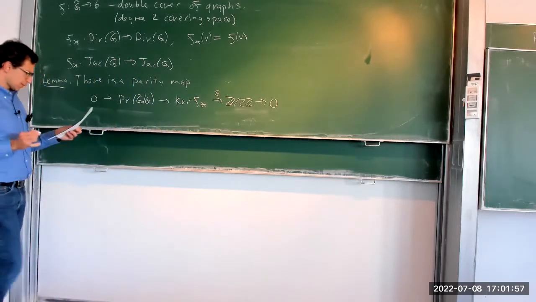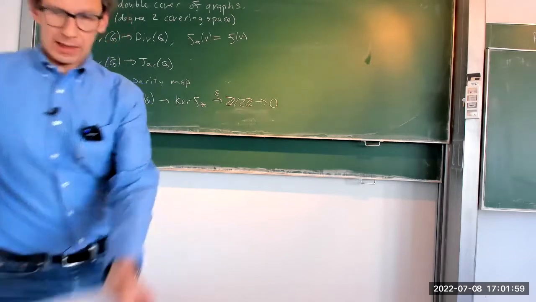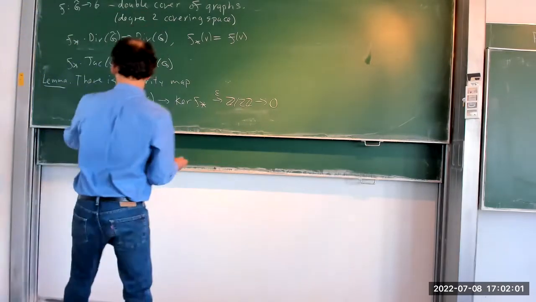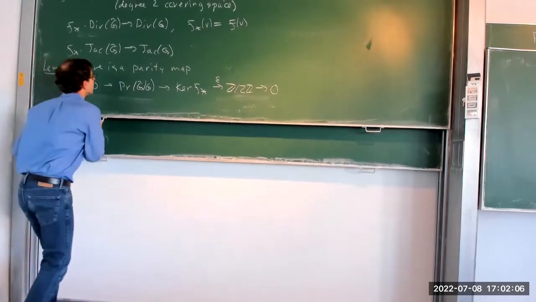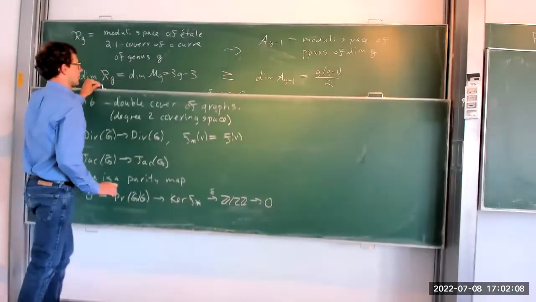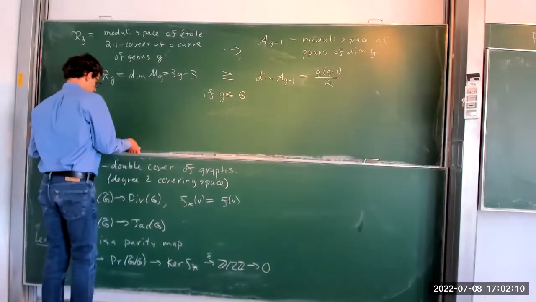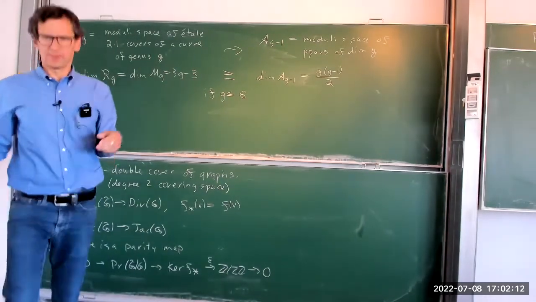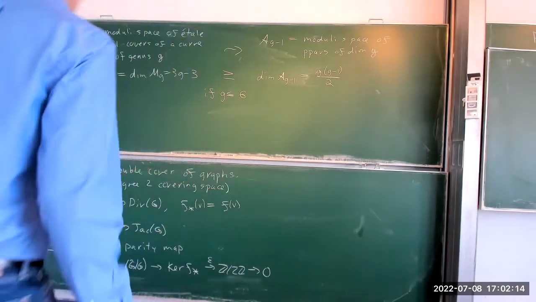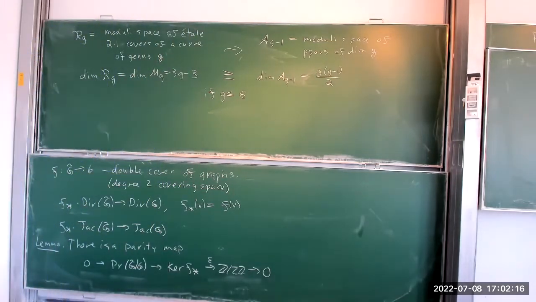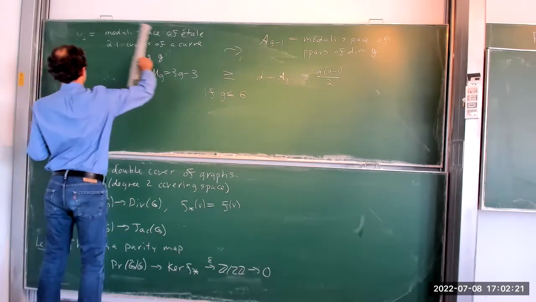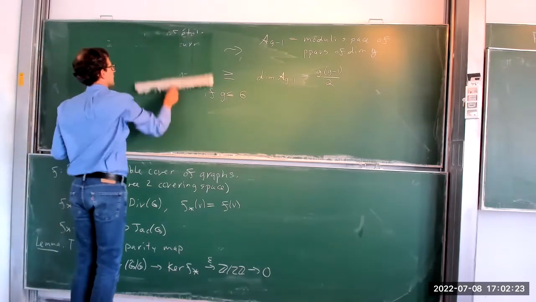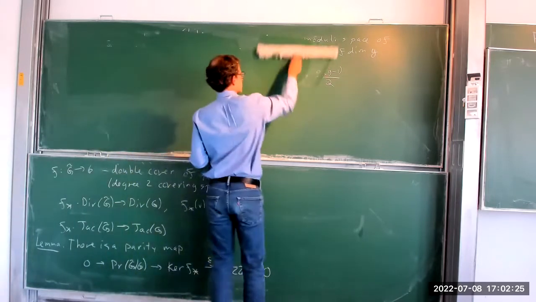Okay, so that's my definition. And so the first question that I'd like to have answered is, how do I find the order of this kernel? Well, Kirchhoff's theorem tells me that the order of the Jacobian of a graph is the number of spanning trees. So what I really need to do is find the